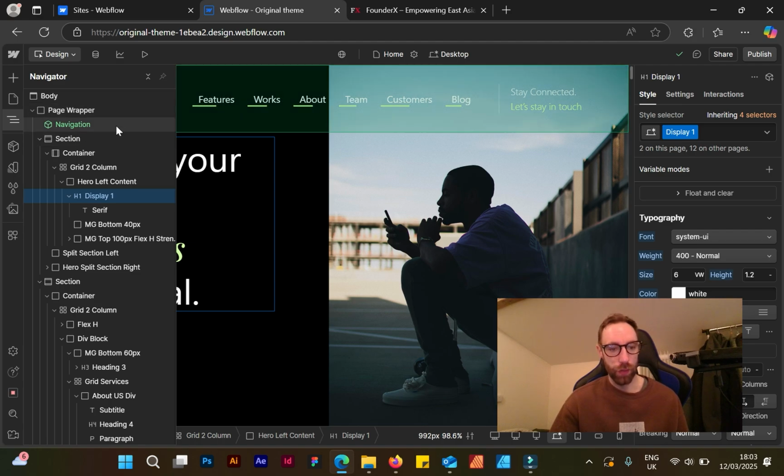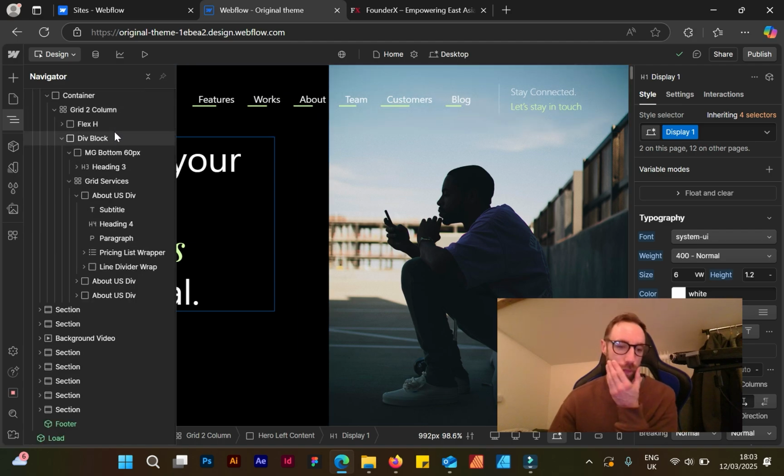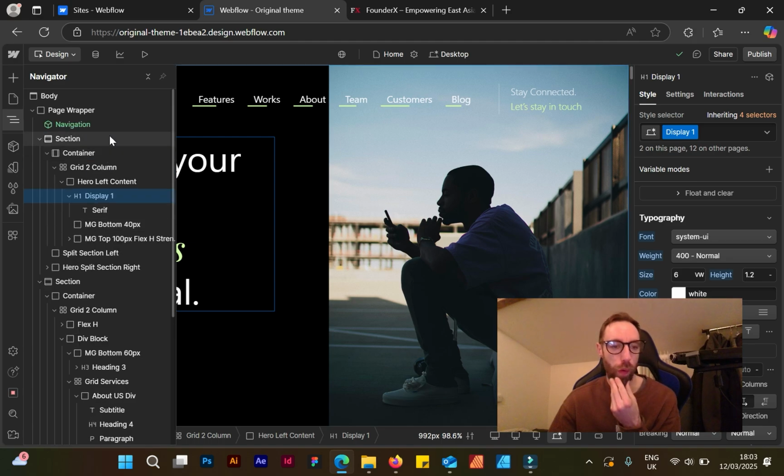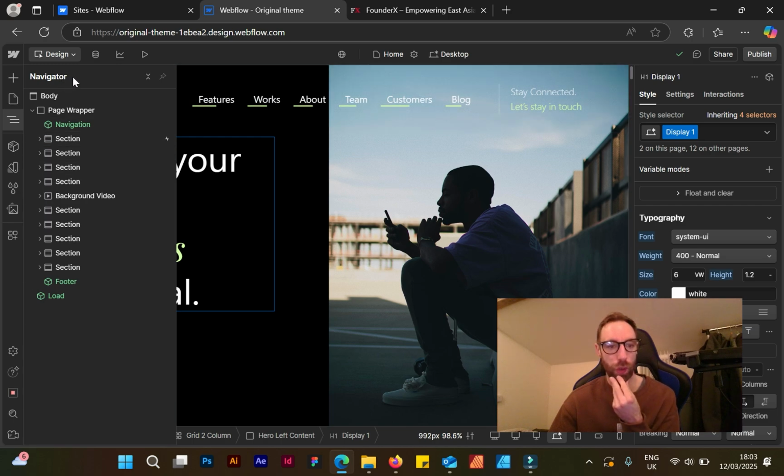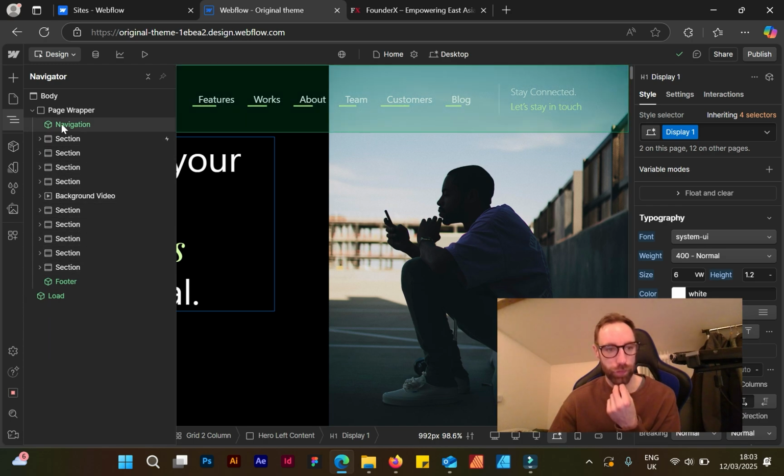So the Navigator, this shows you the whole website of how it's all laid out. And what we can do, if we wanted to just simplify it a bit, we can just close all of any elements that were uncollapsed. So you see we've got a load of sections here, a page wrapper, and you remember what I said earlier about elements that are